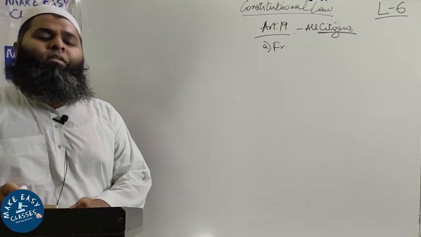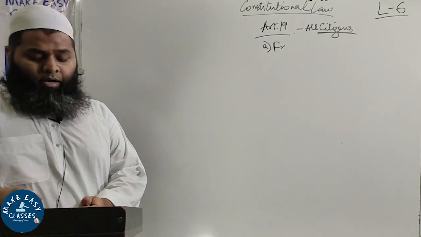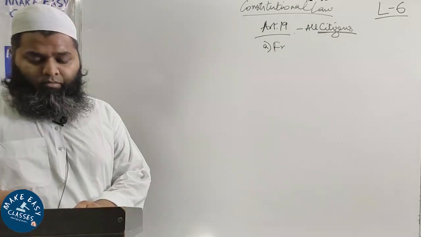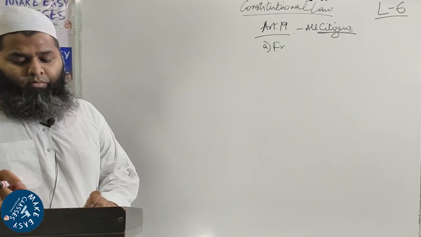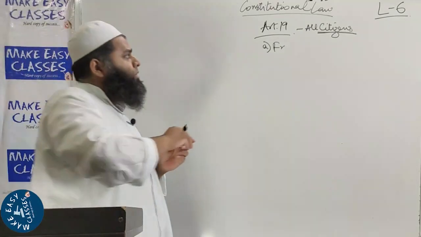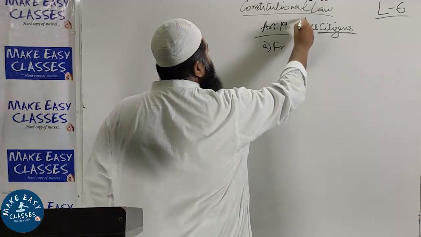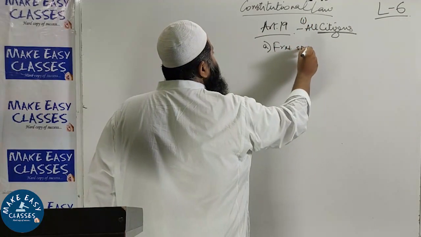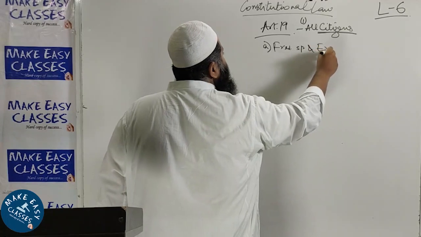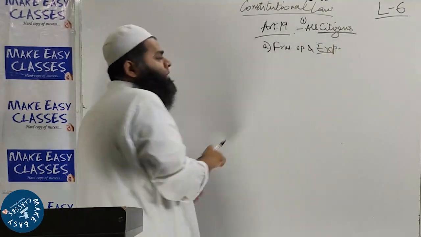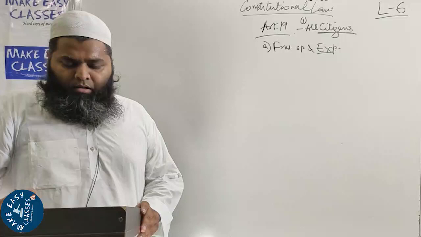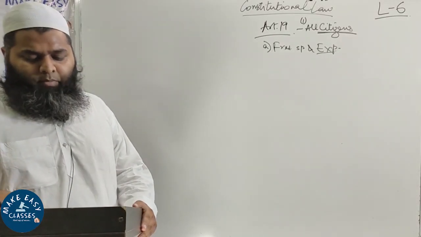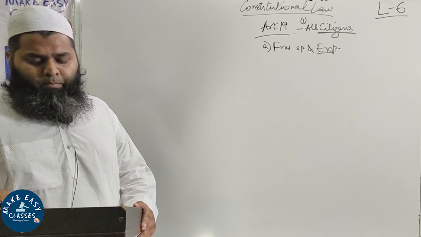So 19(1)(a), article 19 clause 1, part A, which I will be dealing with first of all, provides for freedom of speech and expression. And article 19(1)(b) provides for the assembly of people peaceably,